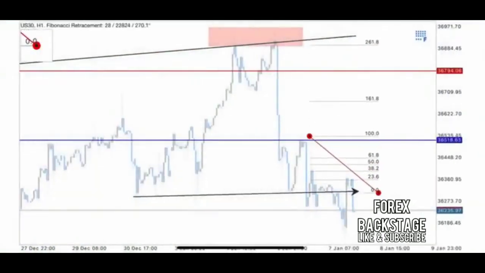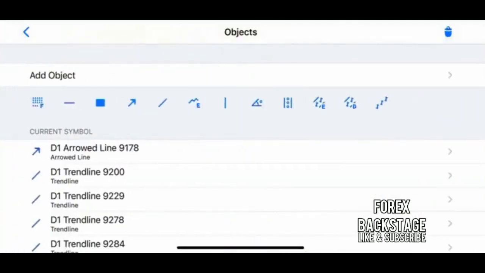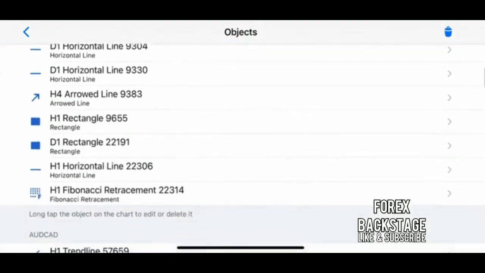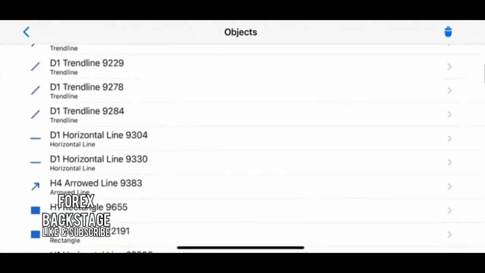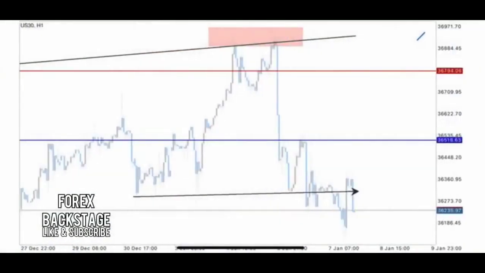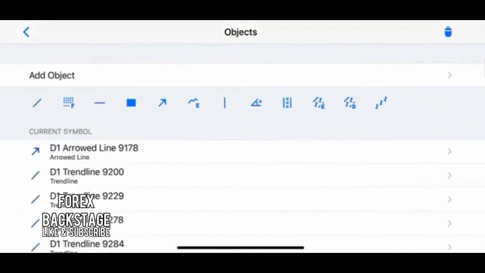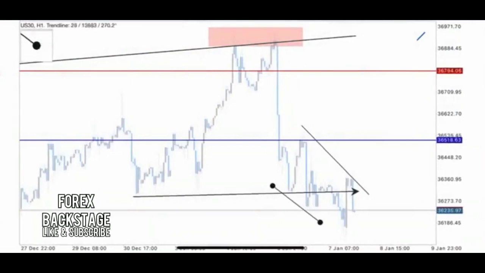Why did it draw a Fibonacci? I didn't ask for a Fibonacci, sorry about that. So let me just show you what I mean. So we want to see something like that